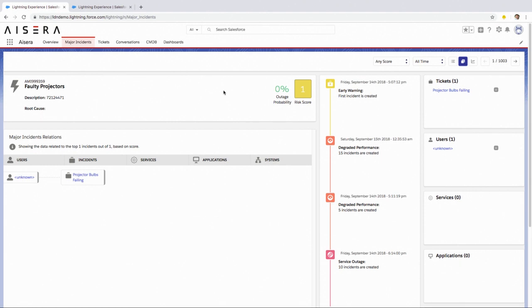You're looking at this thing, and there's some faulty projector, so I hope I'm not jinxing the projector in the room, but maybe the bulbs are burning out or something, and this app has aggregated these into this major incident. There's some really smart AI that's predicting this is going to be a major incident, and